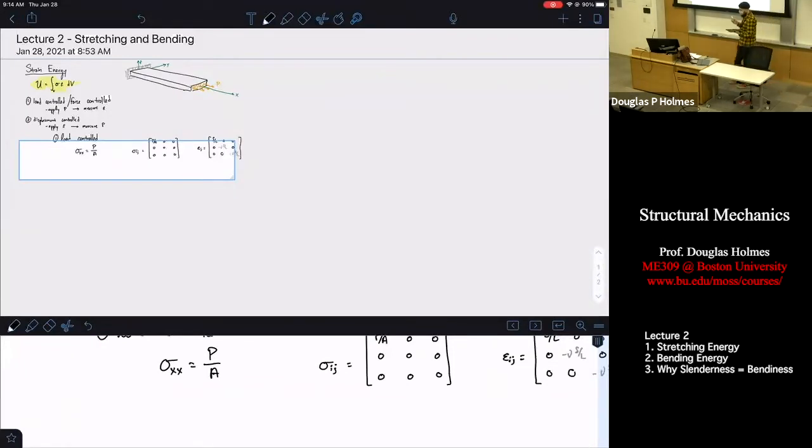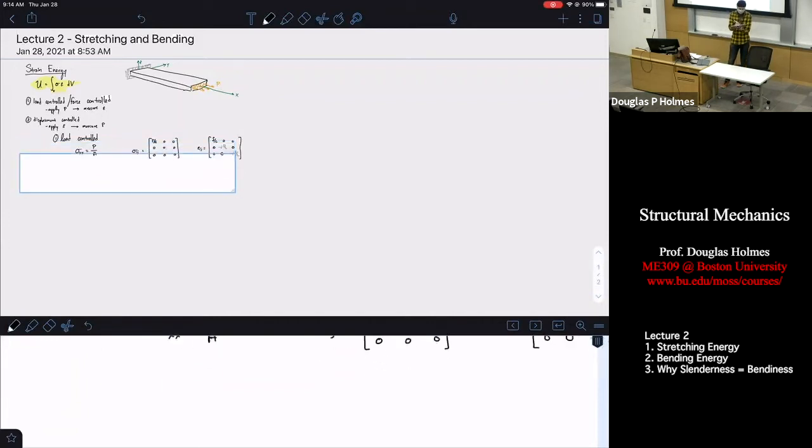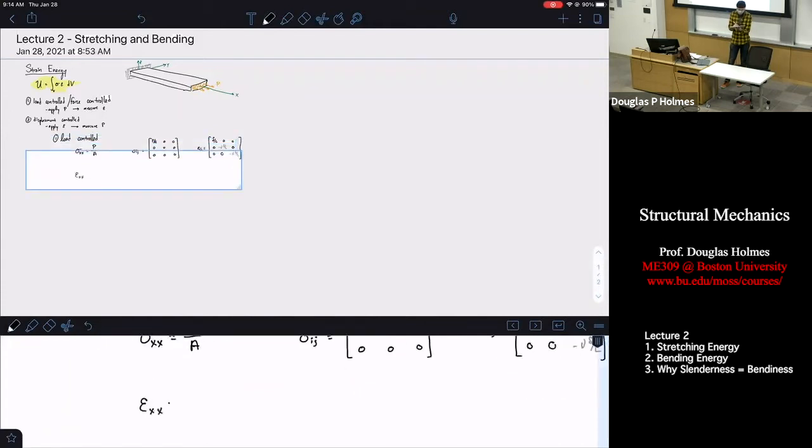So what we're going to do is say, we know what the stress is. We've imposed it, but we don't know what the strain is. We don't know how much the bar has moved. And so we do know Hooke's law. Actually, I'm going to be more careful here. We actually don't know really any of these. We don't know any of these strains. But we do know that